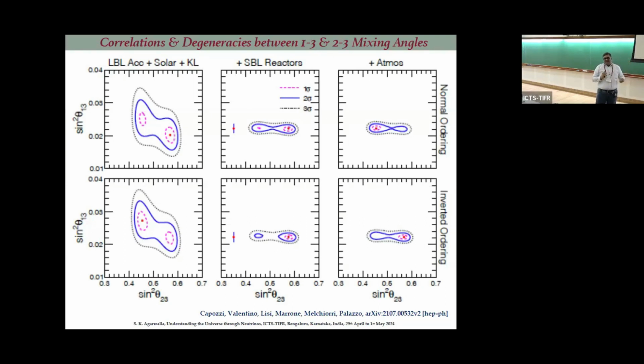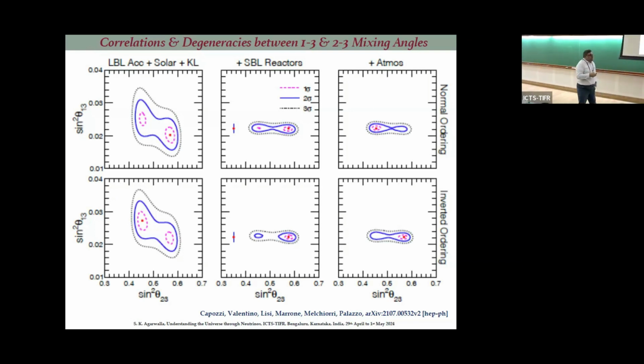Now see the magic. This is the shape of the contour. Seems like you have two solutions allowed, right? If you draw a line at 45 degrees, then you have kind of two solutions allowed. One tail is going in the higher octant, one tail is going in the lower octant. Correct? And that is the total allowed range.